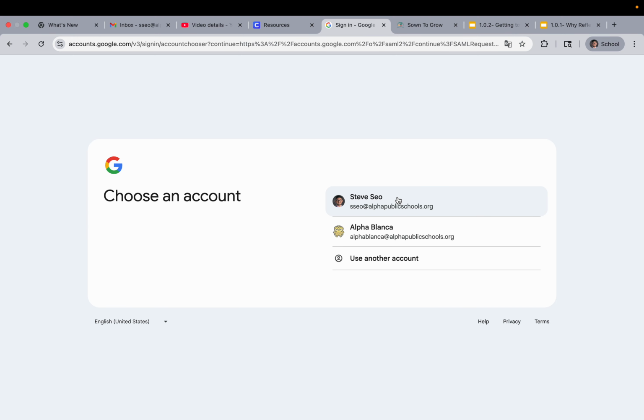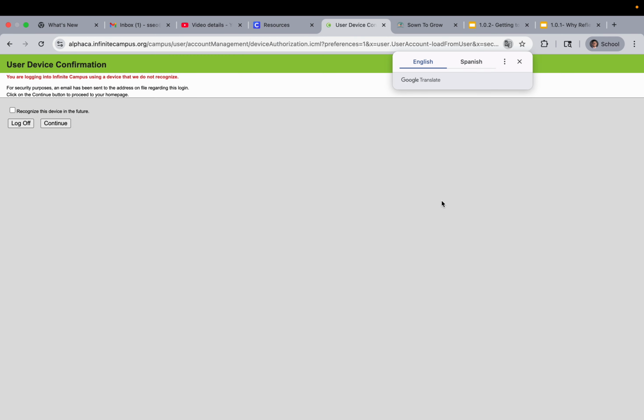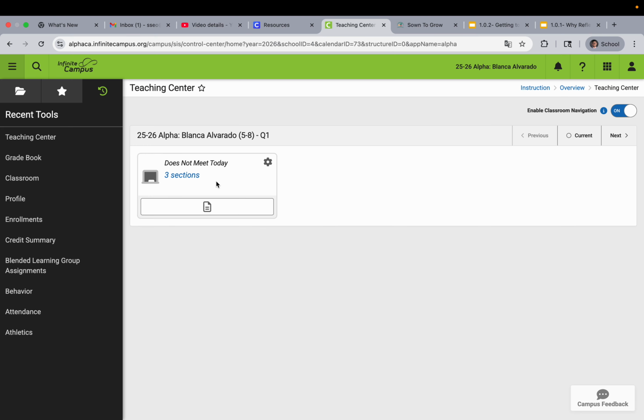It should automatically populate their respective Alpha email. In this case, I'm just going to click my name and it should be able to log in after I click the continue button. Again, my screen may look different than yours and the students', but on the left bar, there should be a hyperlink for grades. Mine says gradebook, but again, it should say grades. And once they click grades, they should be able to see missing assignments,